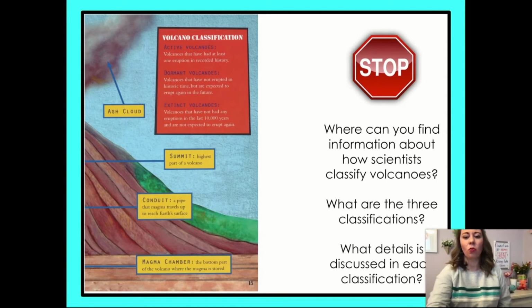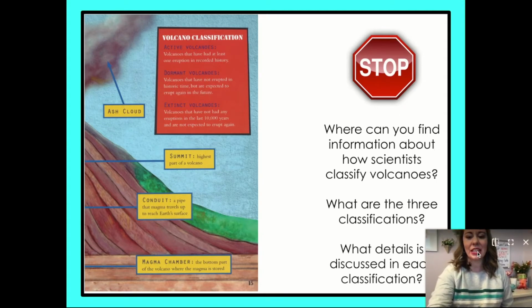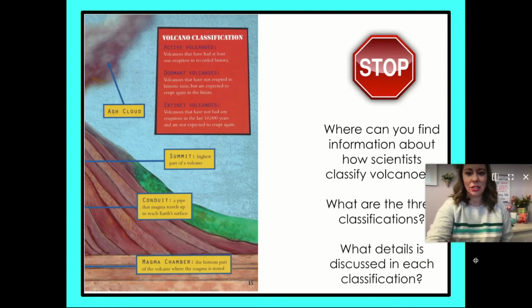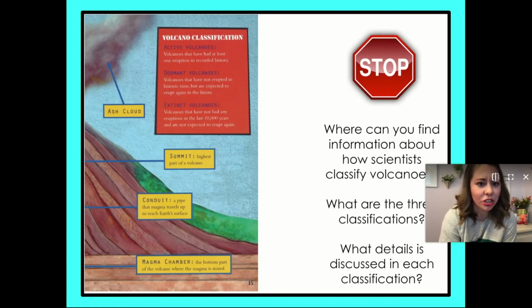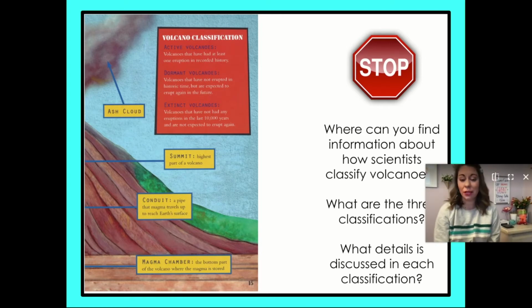Then lastly, what detail is discussed in each of the classifications? So this one we have to think a little bit harder. What detail is discussed in each of these classifications? So let's see, volcanoes that have had at least one eruption in recorded history, that's an active volcano. Dormant volcanoes have not erupted in historic time, but are expected to erupt again in the future. And extinct, remember, are volcanoes that have not had any eruptions in the last 10,000 years and are not expected